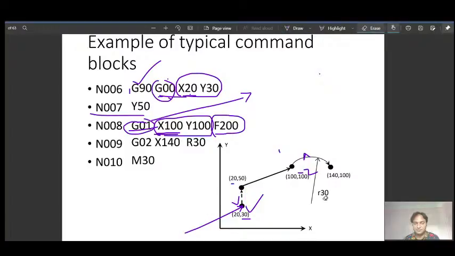So you see the tool is moving from x20 to x100 with a feed rate of 200. For dimensions we need to specify G20 for inch and G21 for mm, whatever dimension we are using.